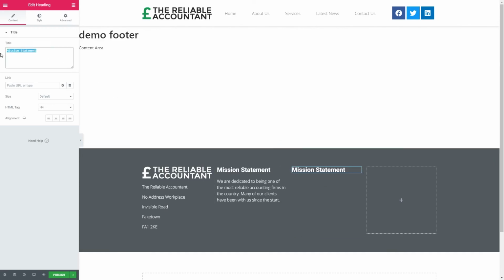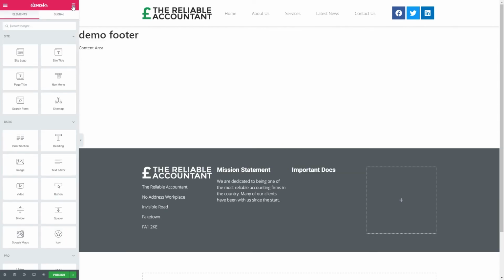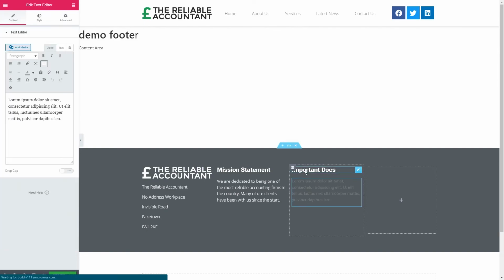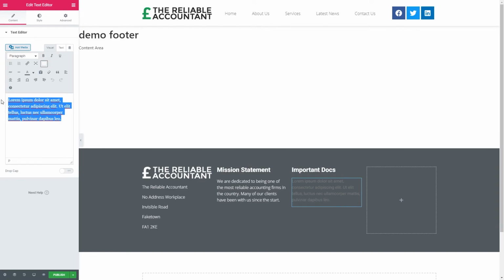I'm going to change the wording to important docs. I'm going to go to my grid of elements. I'm going to go to text editor and pop that under my title. Then I'm going to replace the text with privacy policy